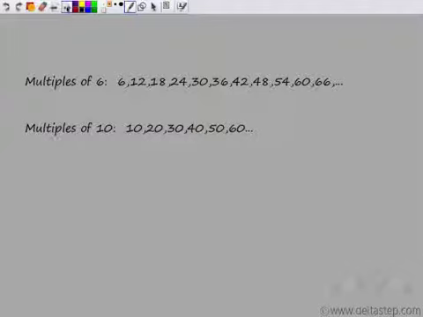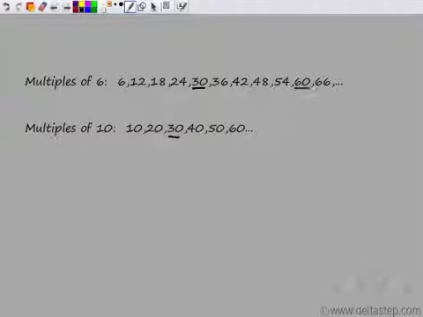Rohan, on the other hand, had a track which was of length 10. So if he is adding pieces, then the track length is increasing by addition of 10. So 10, then 20, then 30, then 40, and so on. So when can you say that they would have the length of the tracks to be the same? When the multiples would be the same. So here are multiples of 6, here are the multiples of 10, and you can see that 30 is a multiple that is common to both when the track length was the same.